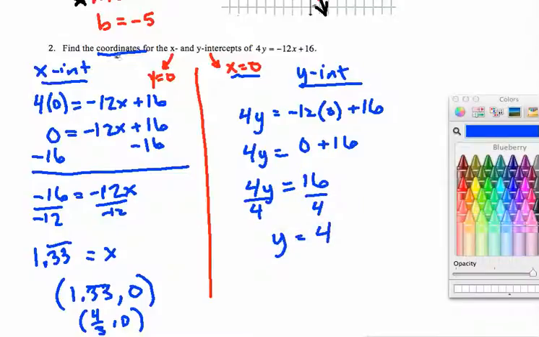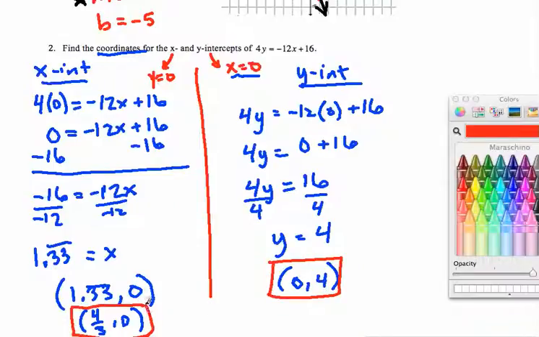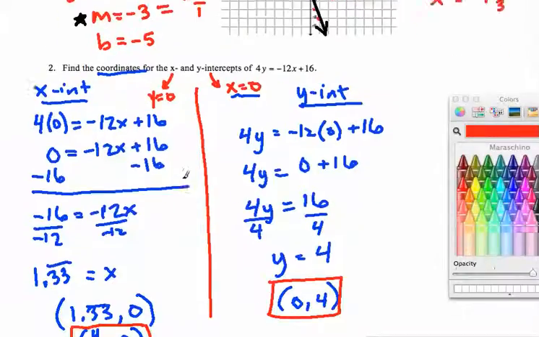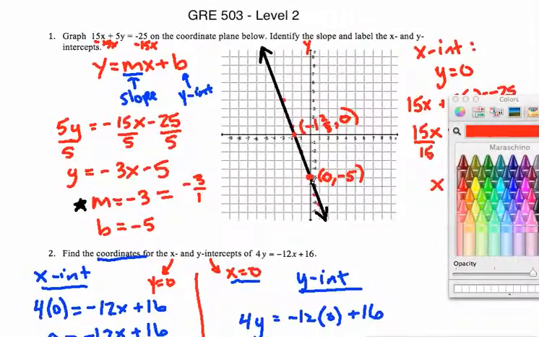And then again, we want to have a coordinate. So x is 0, y is 4. So our answers here, that's our y-intercept. And one of these, I don't care which form you put it in, is our x-intercept. And that's it for level 2. You actually won't have to provide any graphs, but you will have to match the equation with the graphs so you need to know about